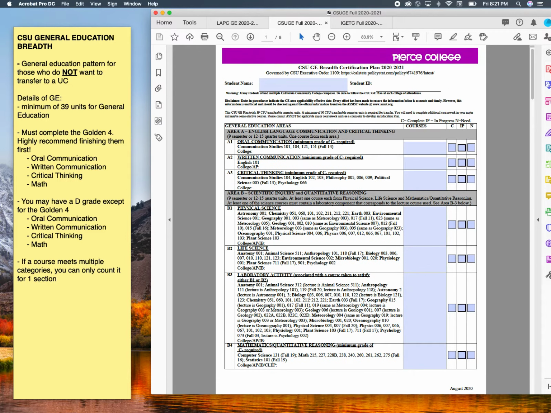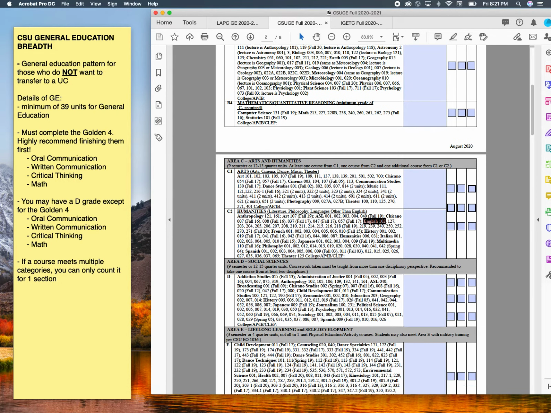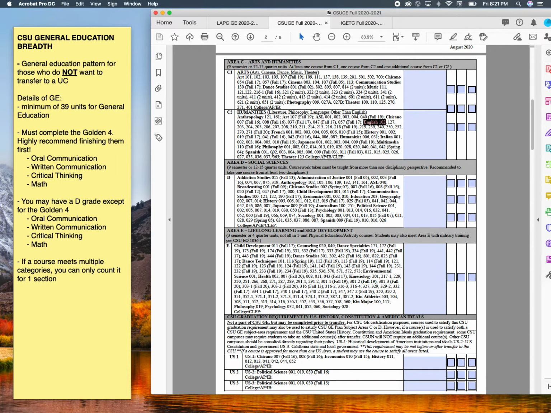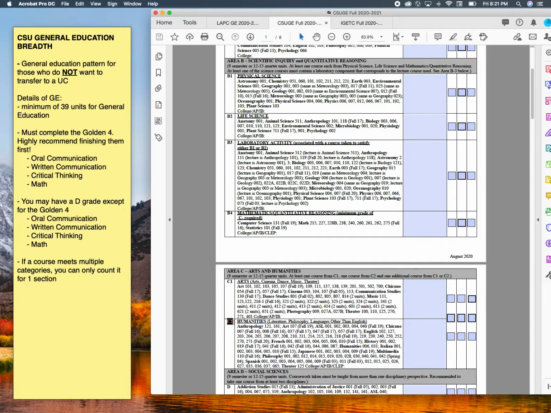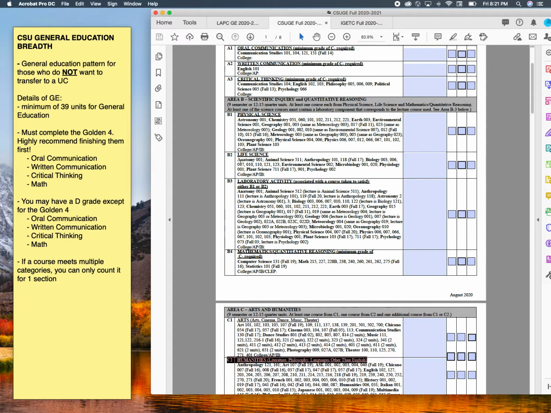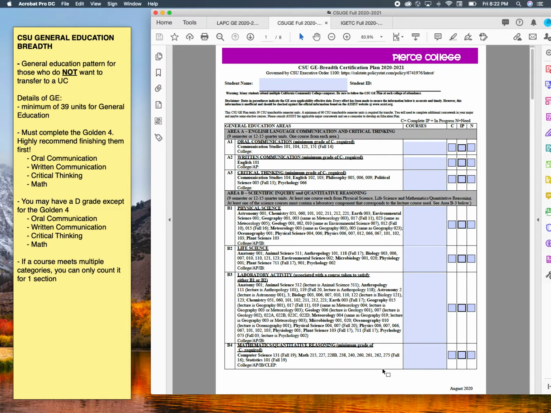Also, if a class meets multiple categories, for instance, English 102, it meets critical thinking and it also meets humanities. You cannot double count it. The only time you could double count is if it's a CSU graduation requirement and one of these categories. You cannot count a class where it meets two letter grade categories. I want to emphasize that because a lot of times students think, oh, I did critical thinking here and I could count it for humanities. No, no, no. It can only count for one category. So you either choose critical thinking or you choose humanities. Now that I've gone over the overview of it,